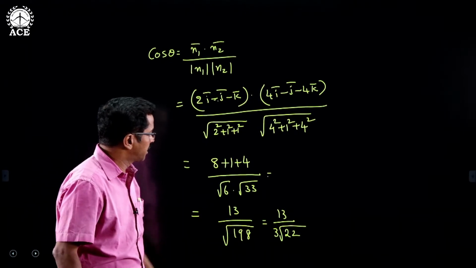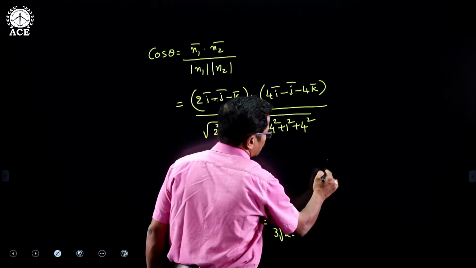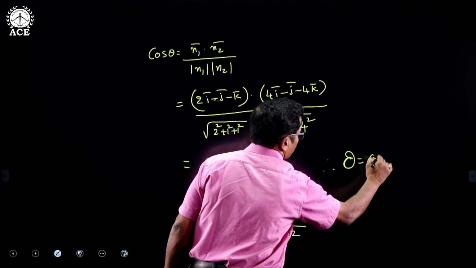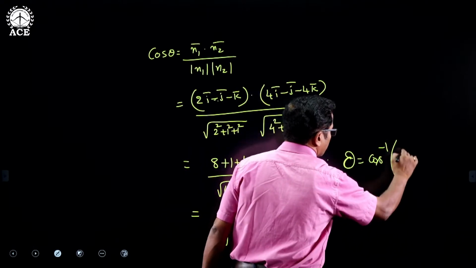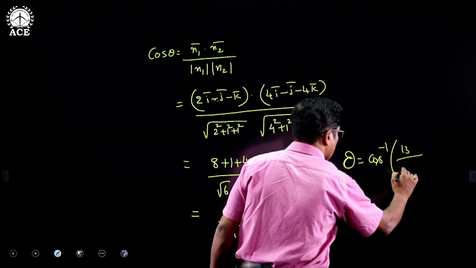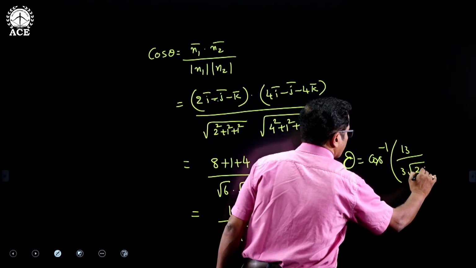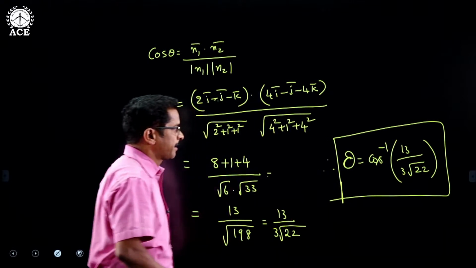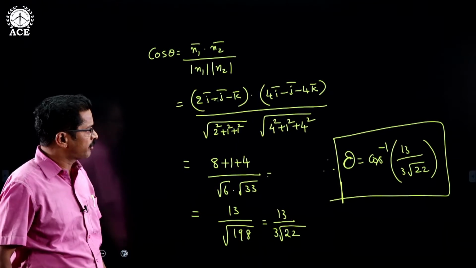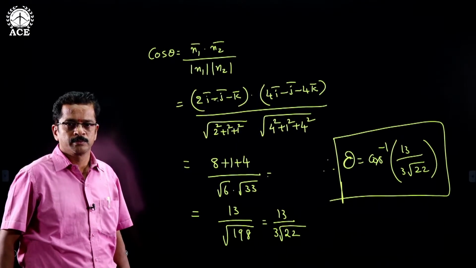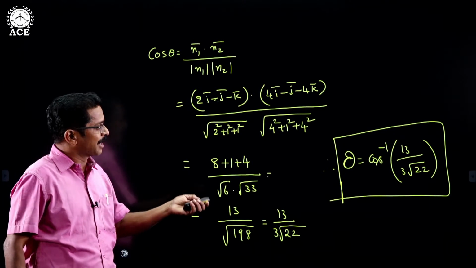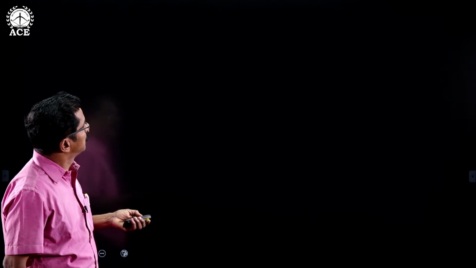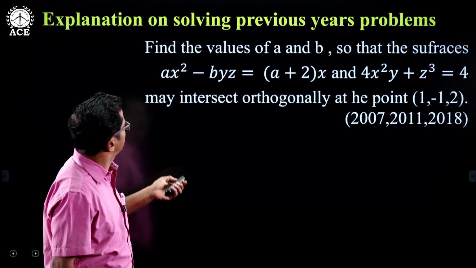So this is the angle between, therefore the angle between the two normals theta equals cos inverse of 13 by 3 root 22. Theta equals cos inverse of 13 by 3 root 22. This is the way of finding the angle between the two normals. Right. In a similar way,